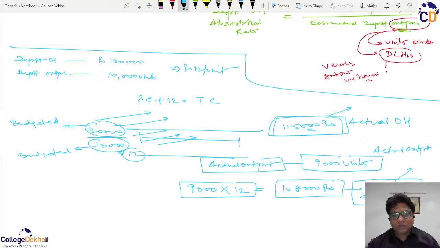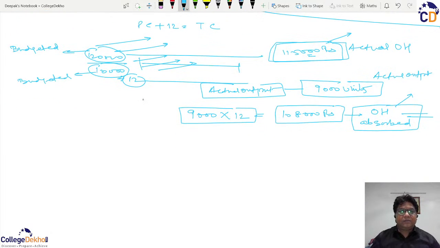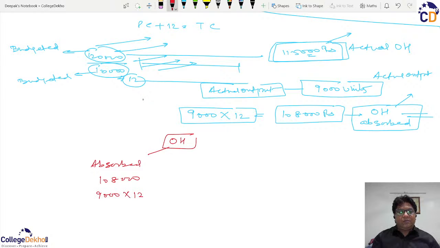But coming here, what is happening, that you have absorbed, so basically overheads which have been absorbed are 1,08,000 based on the actual output of 9,000 units and predetermined rate,